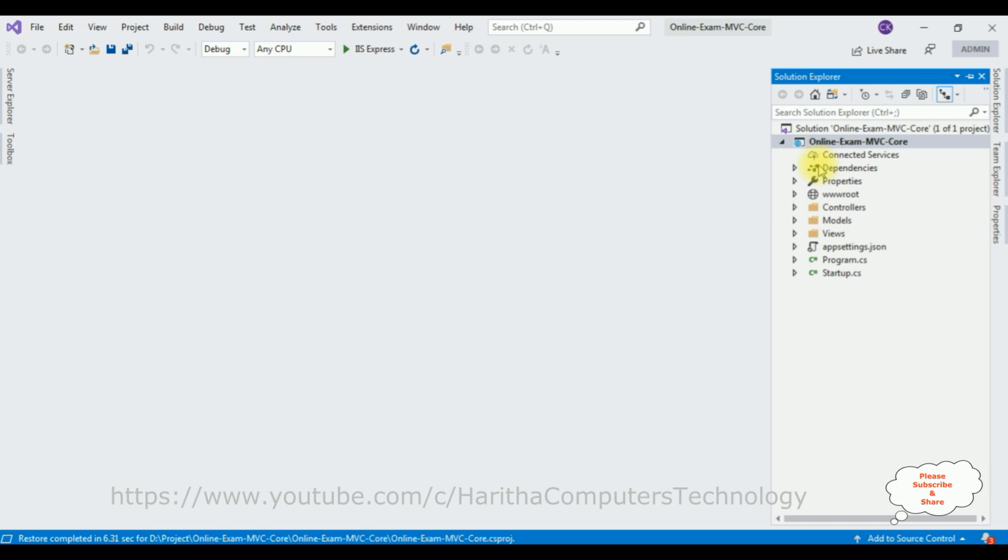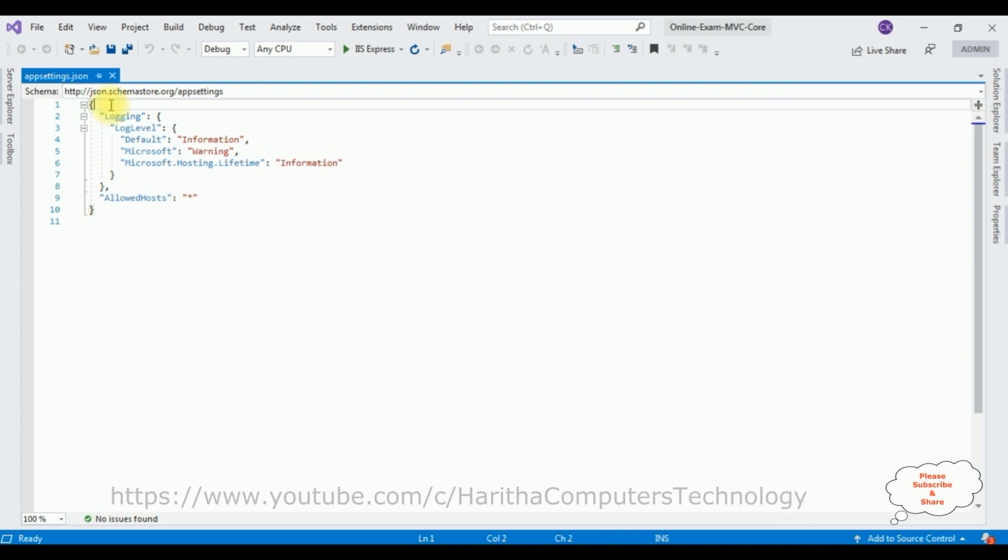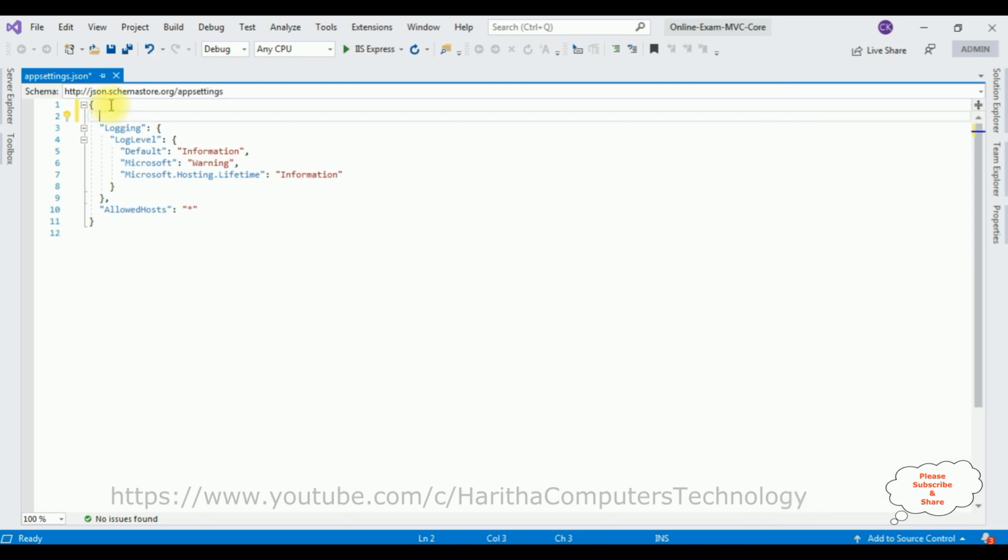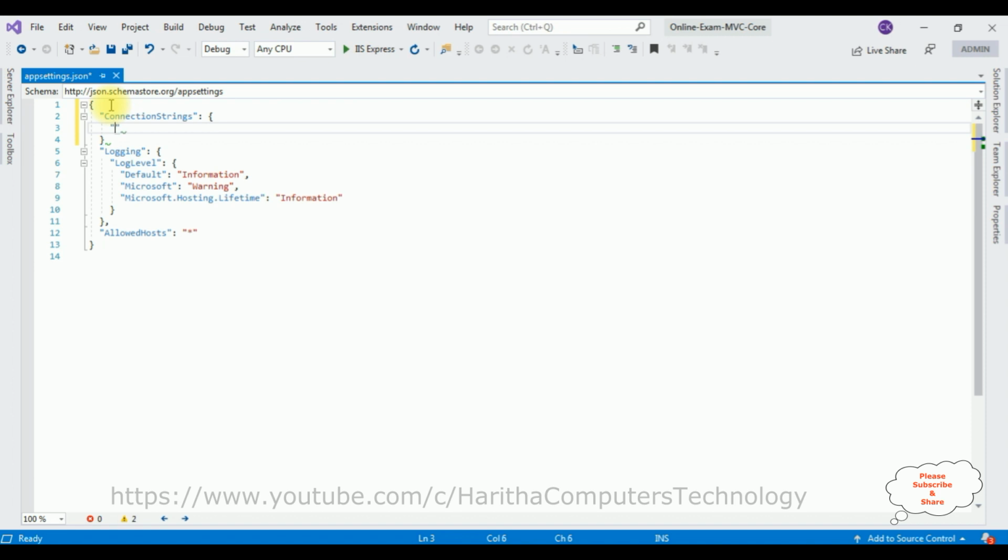First, in this project I'm adding my SQL Server connection string in the appsettings.json file. Let's open the appsettings.json file, and between curly braces I'm adding double quotes, ConnectionString, colon. Again between double quotes I'm adding my connection string name, which is MyConnection, colon, between double quotes. Now between these double quotes I'm adding my connection string data source, which I'll get from